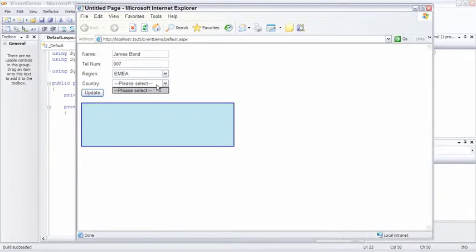And now, I was rather hoping that the countries would get populated, but of course they're not going to because we haven't written any code to do that yet. What we're going to have to do is write some code such that when the user selects one of the regions, as soon as they do that, the country list becomes populated. Okay? And also, when we send that data to the web server, we'd rather like the data to appear on